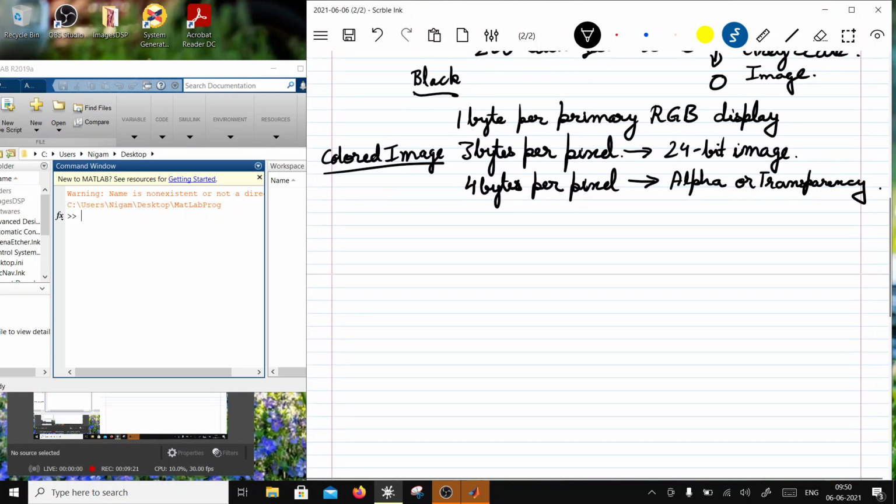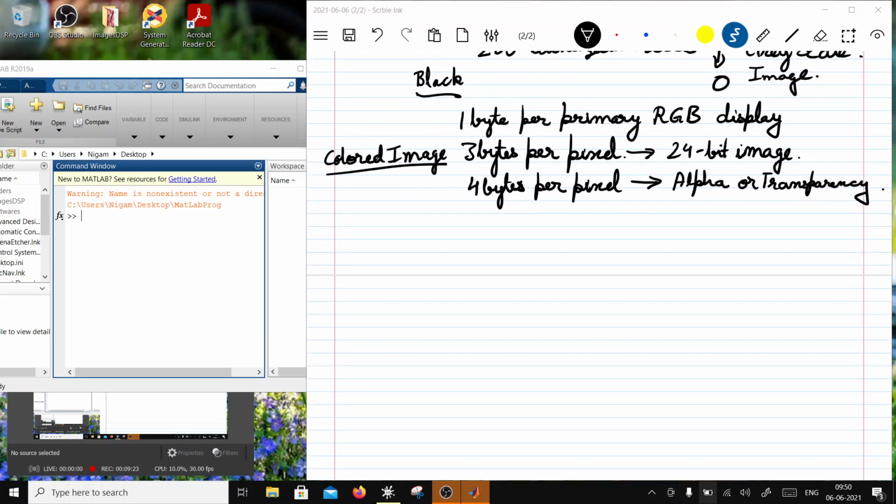Now we can also have a 1 byte image for color. So our 8-bit BMP is possible. I'll tell you how. A 1 byte colored image.